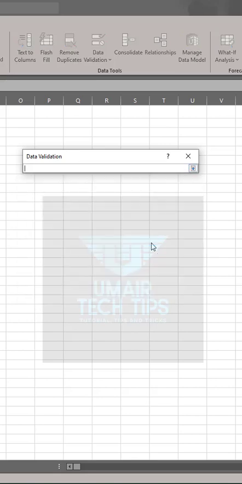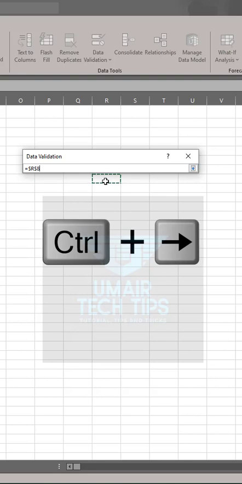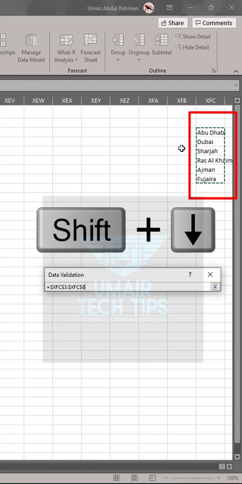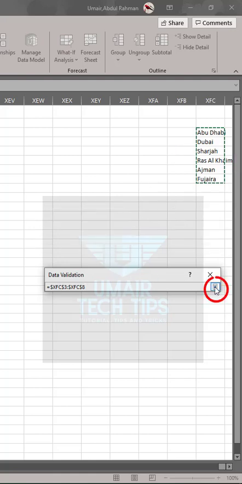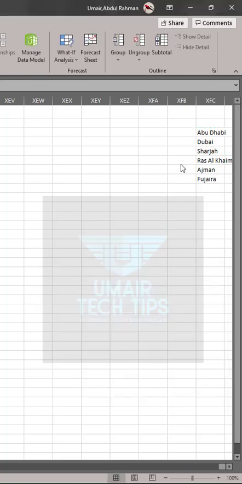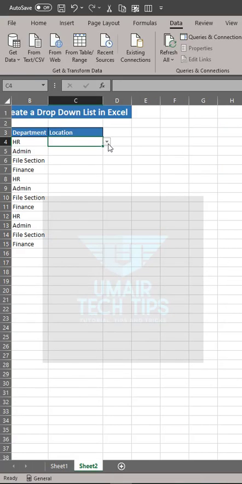Go to the list you just created by holding Ctrl and right arrow. Select the entire list by holding Shift and down arrow. Then click OK. Come back to your data, and you will see the drop-down list is available now, but only